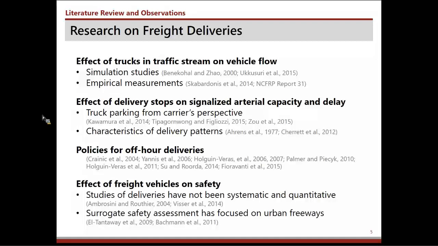So we look at passenger car equivalents, so the effect of trucks is consuming some of the flow capacity on an arterial or on a highway. And this has been done through empirical measurements and also through simulation studies. There's been a lot less attention on the effect that these trucks have